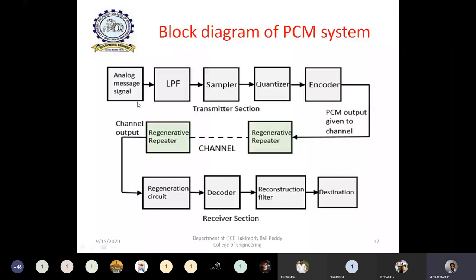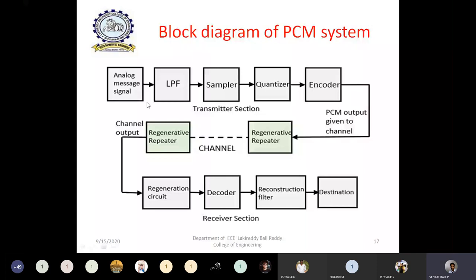In order to convert an analog signal to a digital signal, the major fundamental blocks we need are sampling, quantization, and encoding. Initially the analog signal is low pass filtered and band limited to some frequency, and this input analog signal is passed through a sampler. After that we get a sampled signal by using some sampling frequency or sampling rate. Then it is applied to a quantizer. The quantizer will approximate each sample value to the nearest quantization level, and after that the encoder will encode these levels into some group of bits.